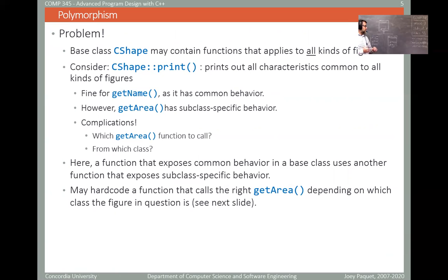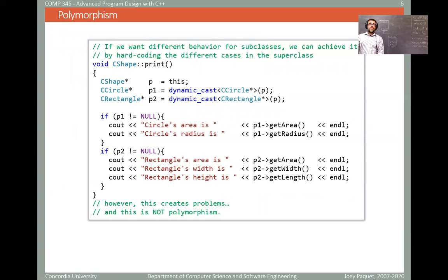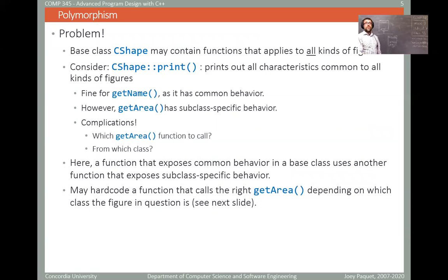One of the main problems is what's going to happen when you want to add other subclasses. Another problem is when you want to print the object or the characteristics of the object, as we will see on the next slide or the further slides. Eventually, the print is going to want to print out the value of the area of the circle or the rectangle. Now, as we saw,